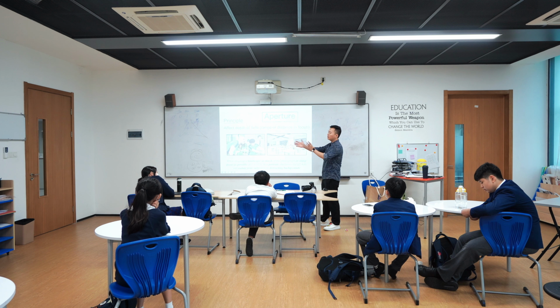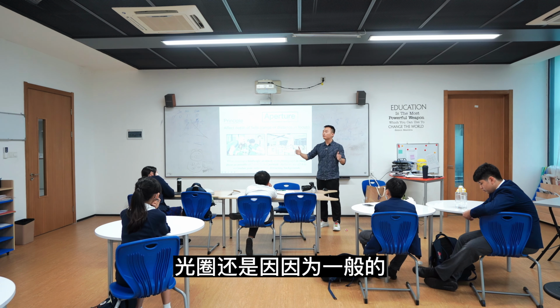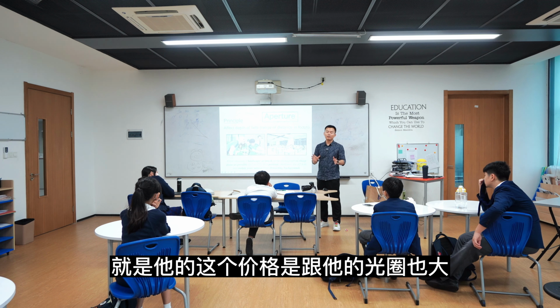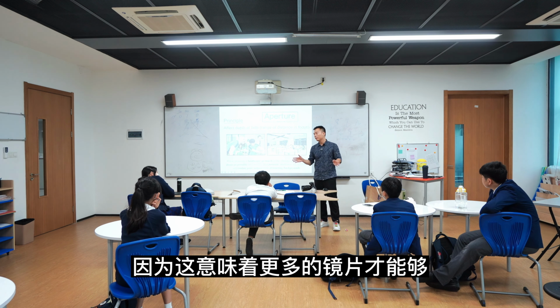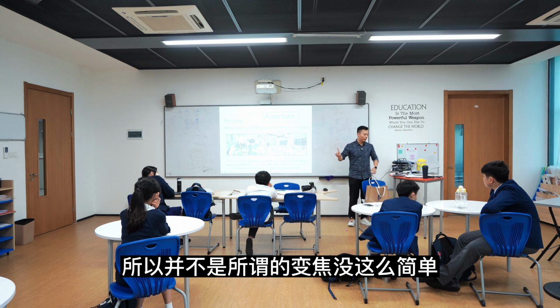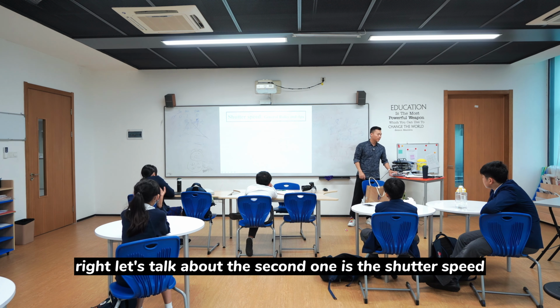Even though you can zoom, 一般光圈越大的镜头价格相对来说更贵，因为这意味着需要更多的镜片和更精良的设计，所以并不是变焦这么简单。